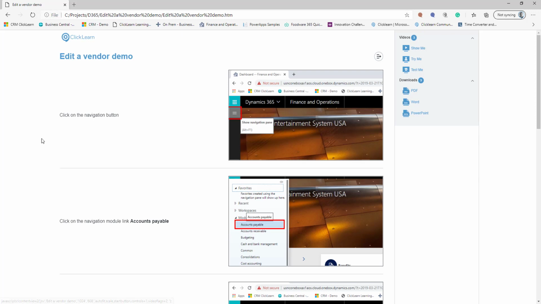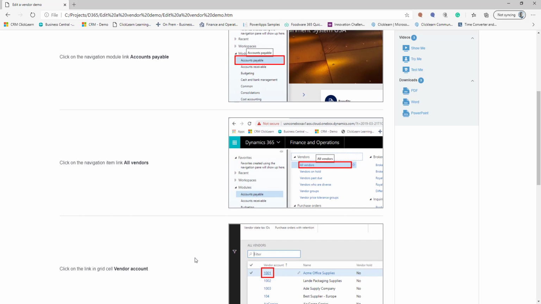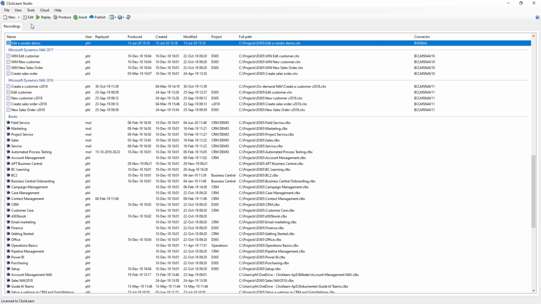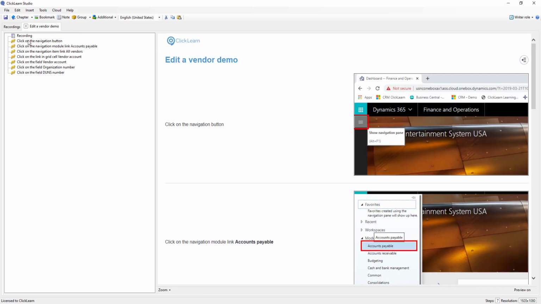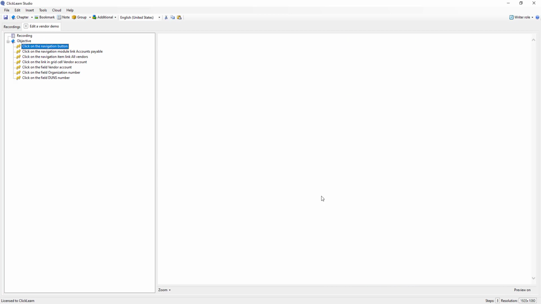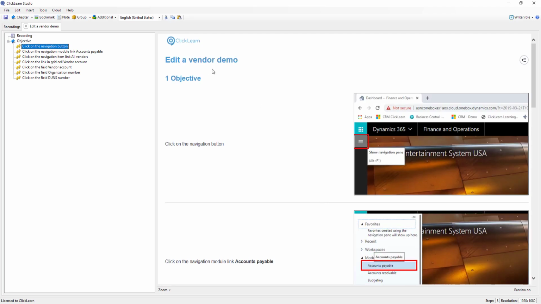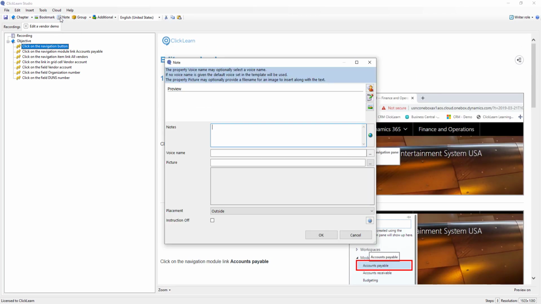But knowing where to click and knowing how to follow a process is not always enough. We need to be able to add more value. To do that, we can go into the ClickLearn Studio and we can go into the editor. Now in here, I can easily set up additional information. This means that I can go in here and add some structure by adding a chapter. I can add a note stating what the objective of this process is. So I'll go in here and say add a note, say